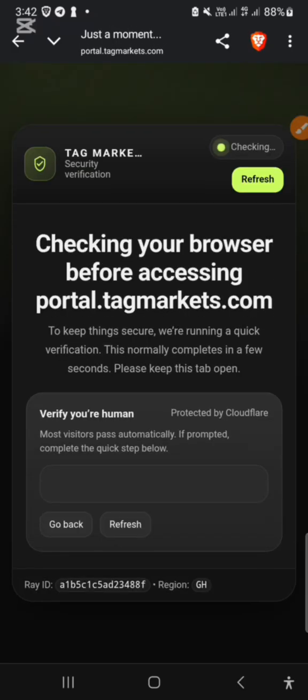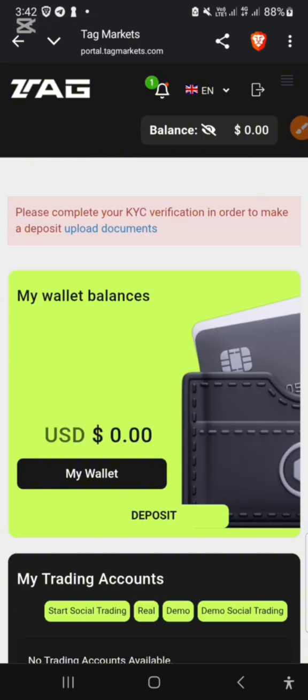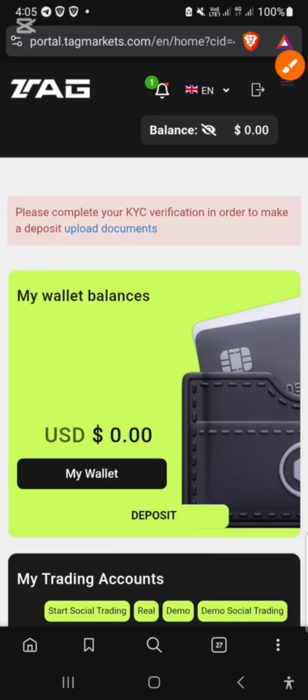and you wait for a few minutes. And as soon as that is done, you can see that our email has been verified. And then we now have access to tag markets. So now you will not be able to deposit onto this broker until you've done your KYC. If I click on deposit from below here,